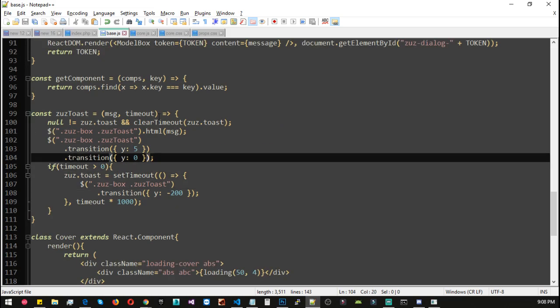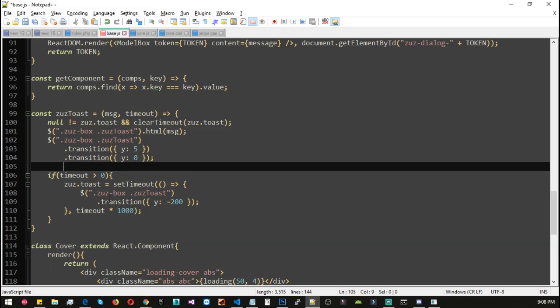Okay, now we need to add one more thing, and that is let's add the Zeus toast box, and we have toast box,